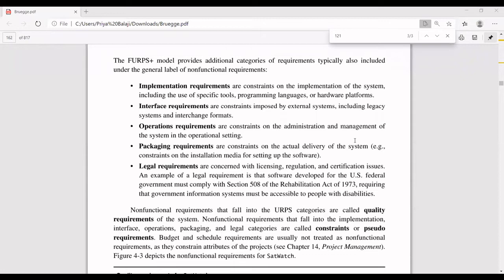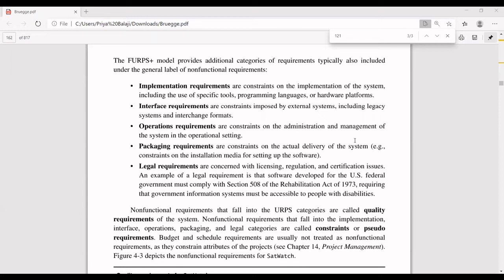Next, packaging. Actually, delivery of a system, whether you're going to install the system or set it up as a complete system. Installing means you will be having a software kind of a thing. If it is a system like an ATM, you're going to install that in a particular location, and you have to work according to that. When you're installing a system in a particular location, that location has to have the GPS locator connection, because in turn it is going to connect to the bank software, which will be internally calculating the amount deposited, amount withdrawn, everything. So that comes as your packaging requirements.